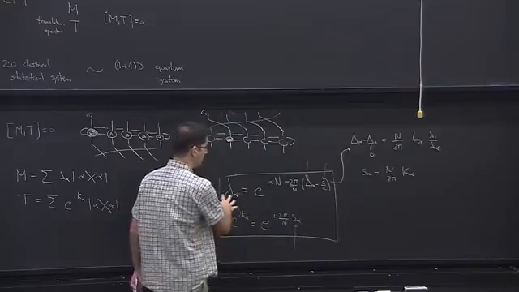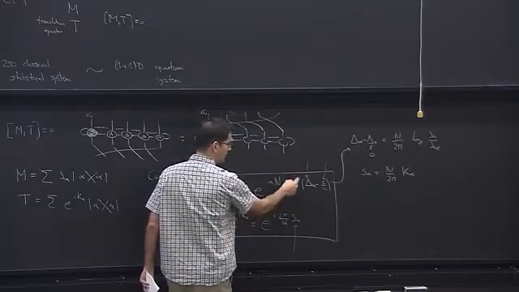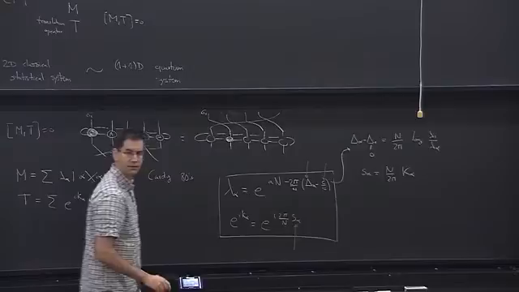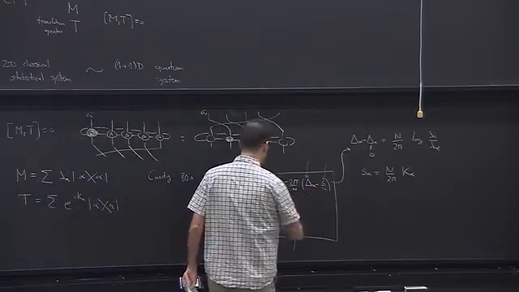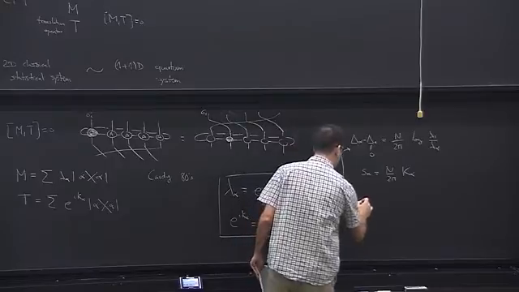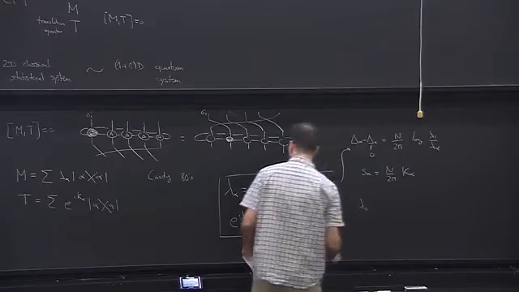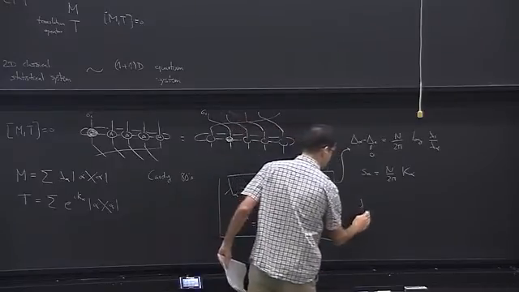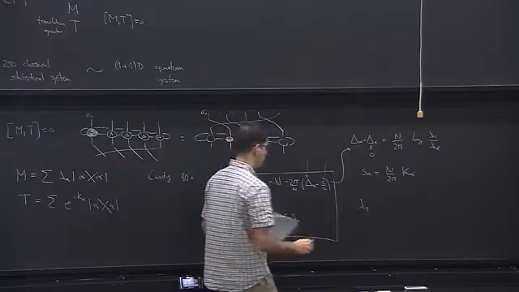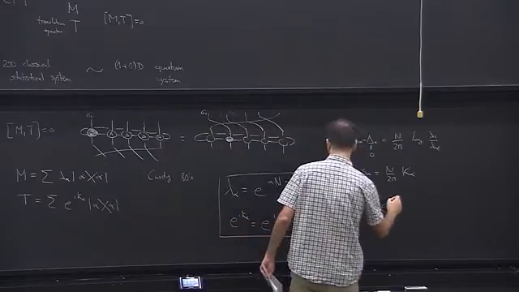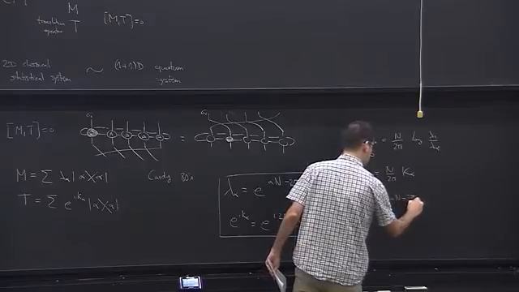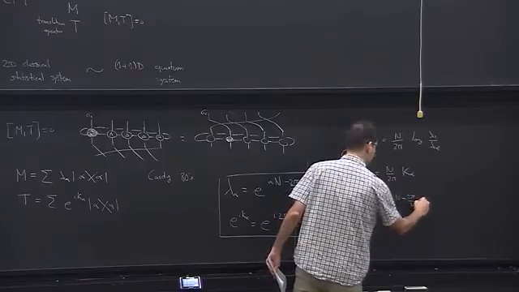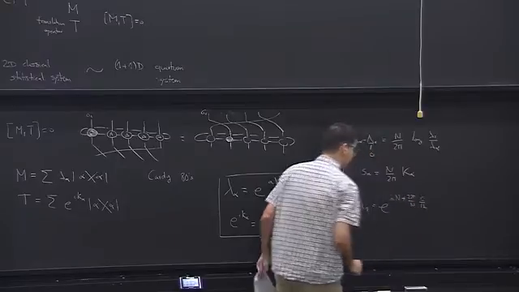That's because in this expression there is already a normalization that is fixed by conformal invariance, so we need less information. On top of that, we'll be able to extract c, and this will come from looking at lambda 1, the largest eigenvalue here, which is e to the minus 2 pi over n times c